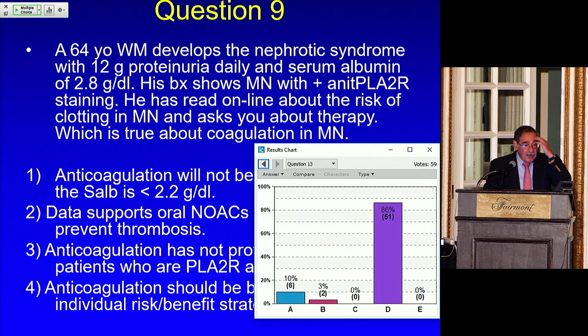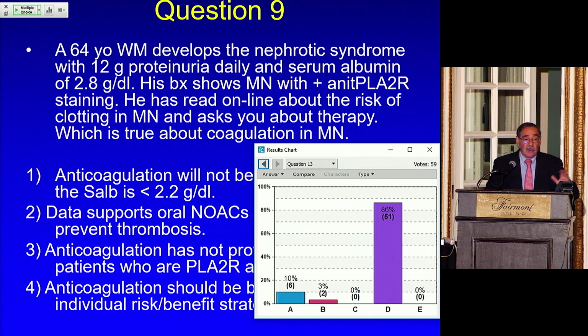So anticoagulation should be individualized. I meant to mention it, I'm trying to think, it was Larry who talked about having an albumin less than 2.8 in that study. That is true, that's what that paper said, that if your serum albumin with membranous was less than 2.8, your clotting tendency went up. But if your albumin, they had it broken in different groups, was 2.6, you actually did better than if your albumin was 2.8. And then at 2.4 and 2.2, everything fit except the 2.6.